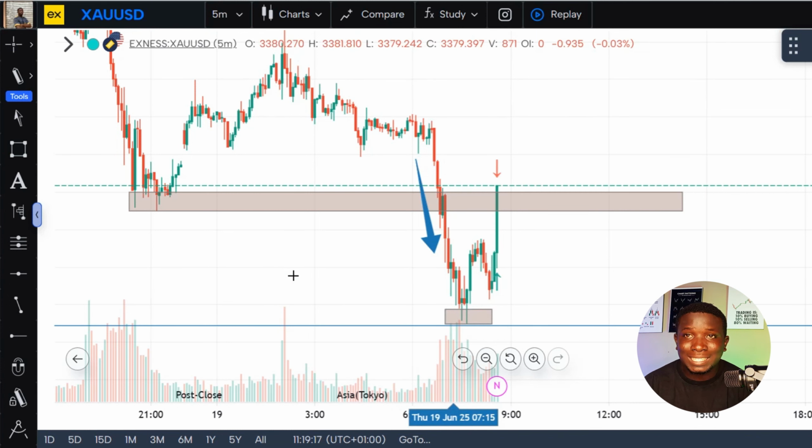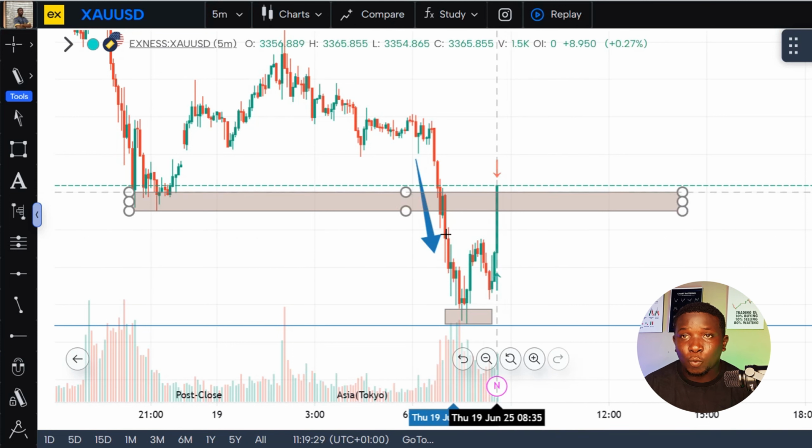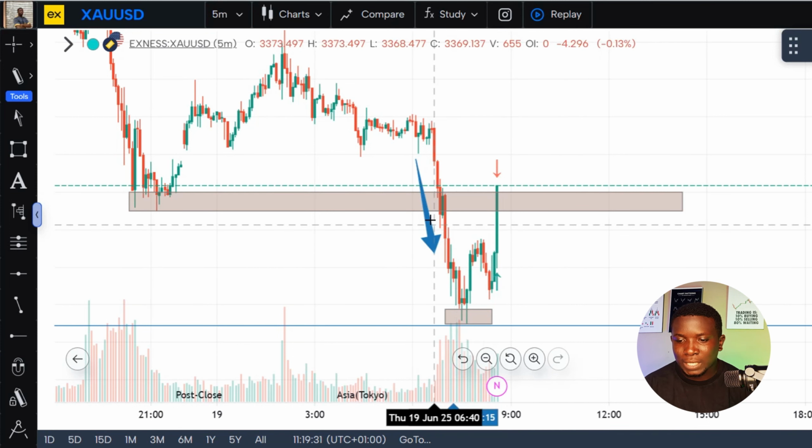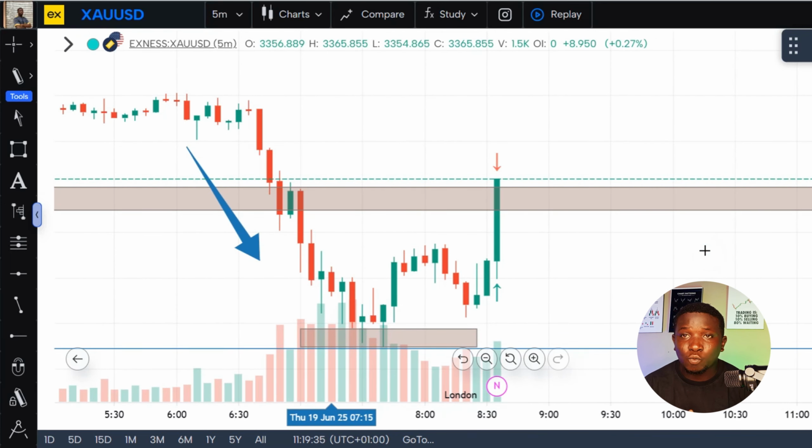If the market breaks that liquidity right there, I'd have 85% assurance that the market is gonna go bearish, okay? So the other way around, the market went all the way up. Now what I wanted to pay very close attention to is the candle we have right here. Could you see how that candle was?